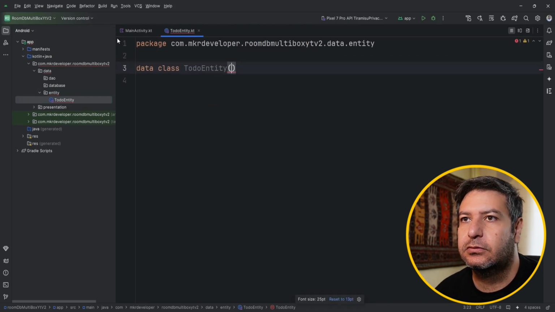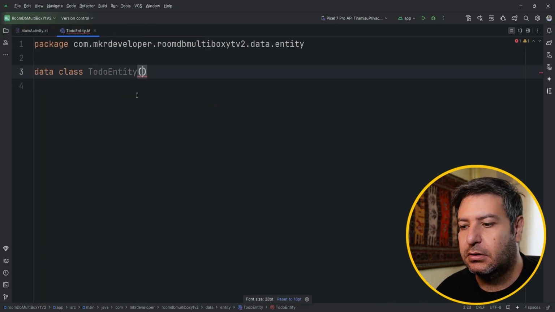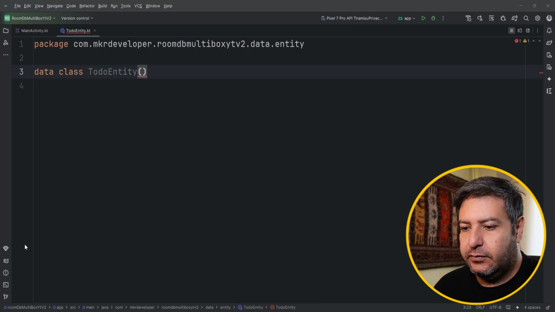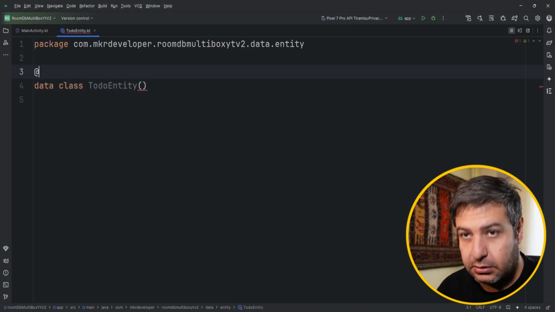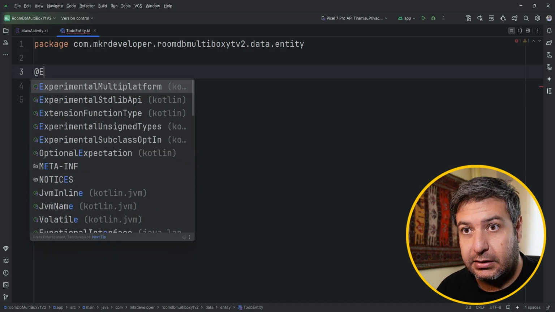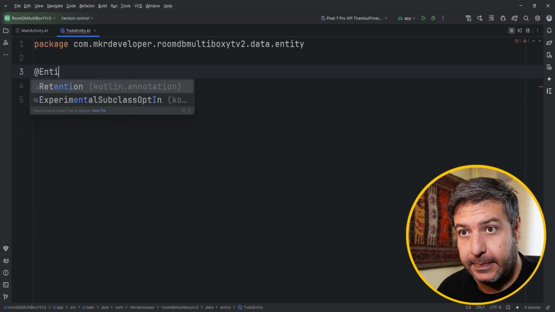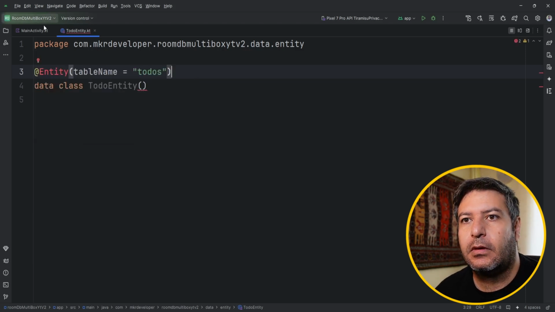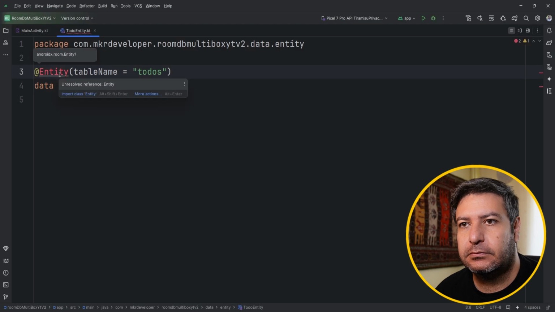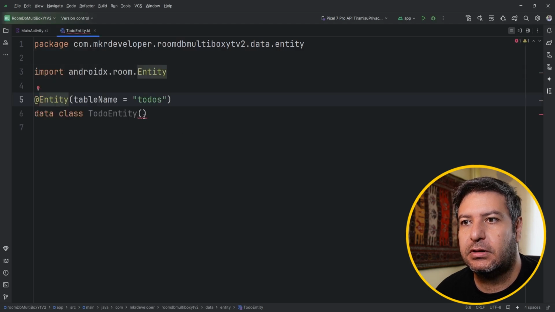Okay, let me zoom and close this. We need it for our to-dos. So here on the top, I can add the Entity annotation, importing it, and here